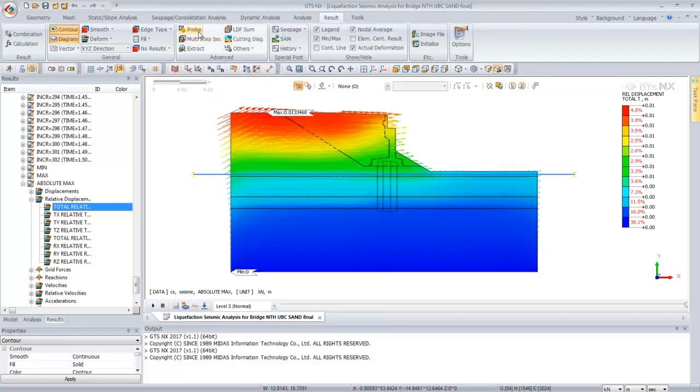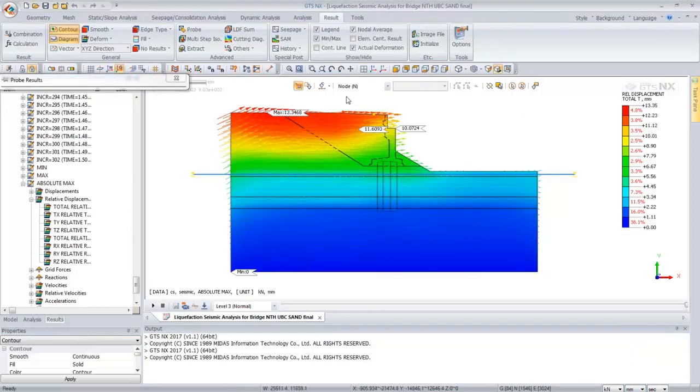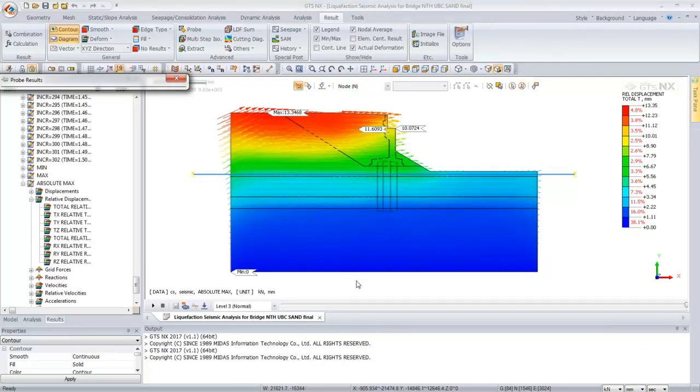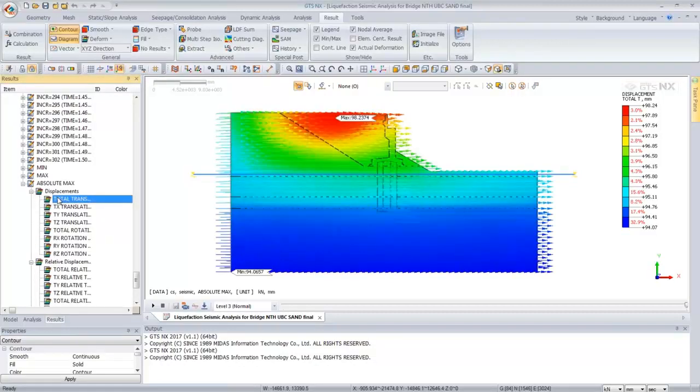What we could do is also probe, select specific points directly on the model and look at results. We can change the units after running the analysis. So now we're looking at millimeters. So these are their max relative displacements. And what that means is that the base nodes are 0. It's basically relative to the bottom of the model. So this is the correction basically for it, which is different than total displacement, which shows the whole thing moving